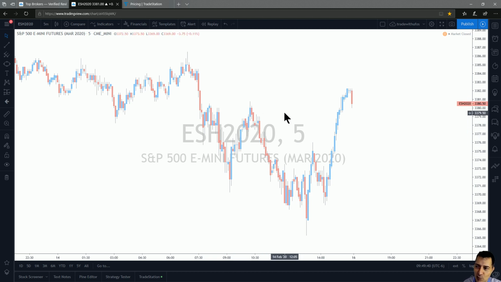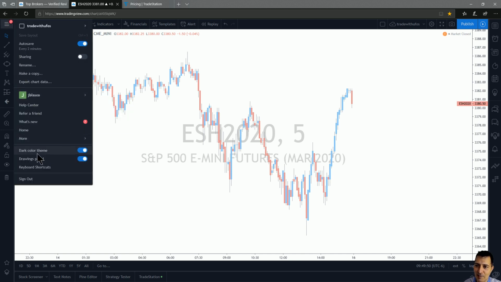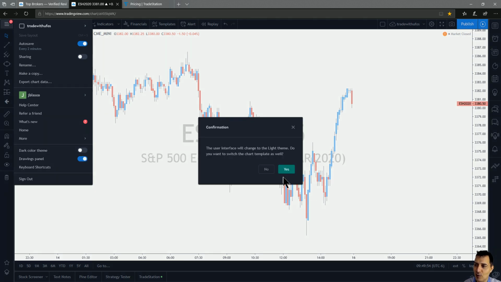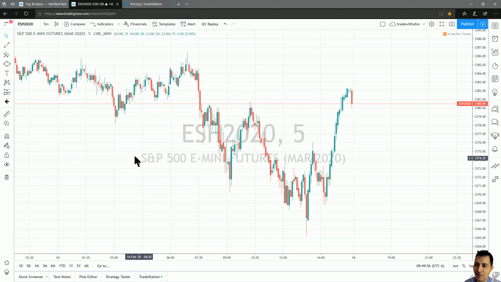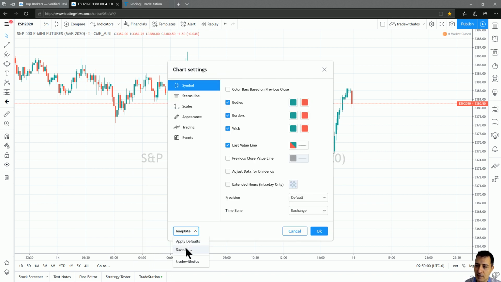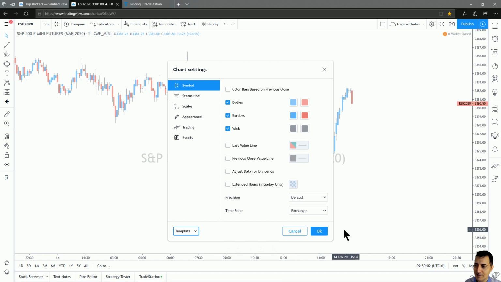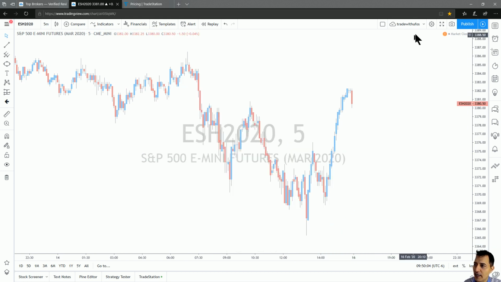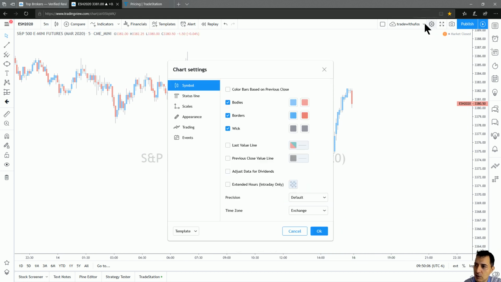My chart, at least, went back to the white background because I am recovering the template of settings for my chart. Of course, outside my chart, I still have my dark color theme. So if I want everything to go back to where it was, I need to go back to the prior configuration. But again, I will recover my chart settings from here. So again, going back to the whole menu, knowing that whatever you change can be saved as a template,